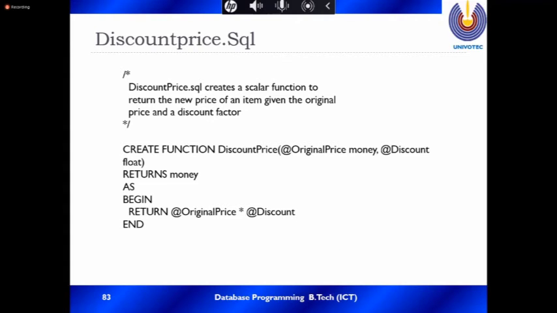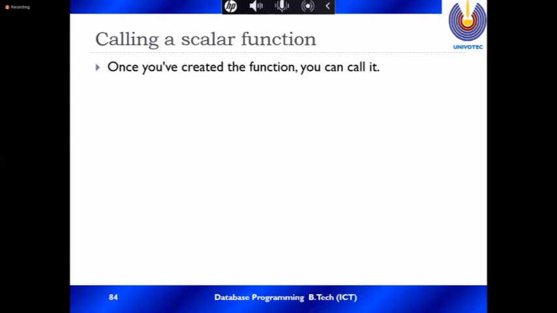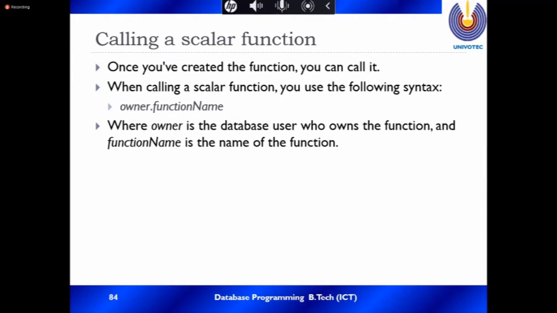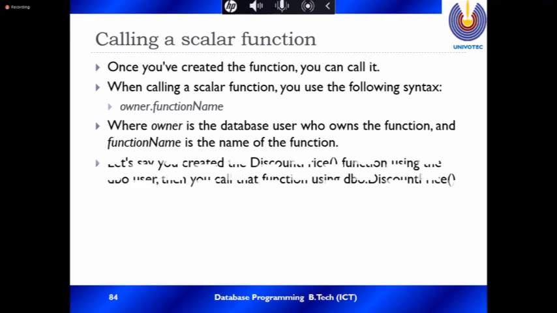Then you create the function. Once you create the function, you can call it. When calling the scalar function, you use the following syntax: owner dot function name. The owner is the database user who owns the function, and the function name is the name of the function.